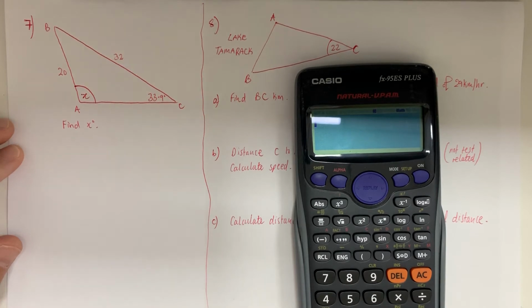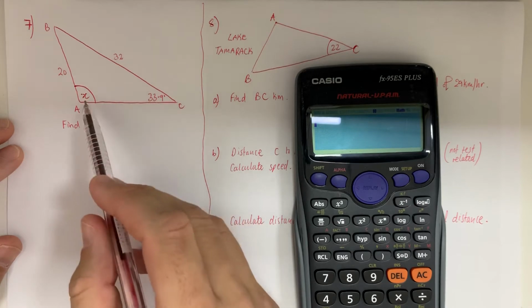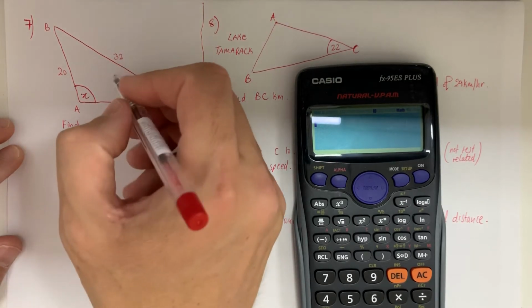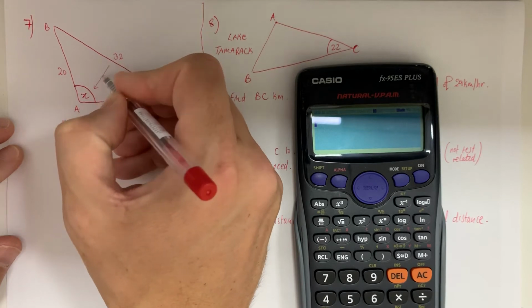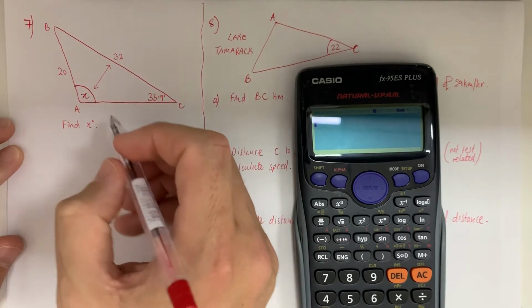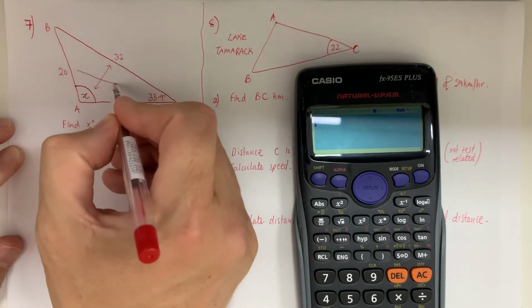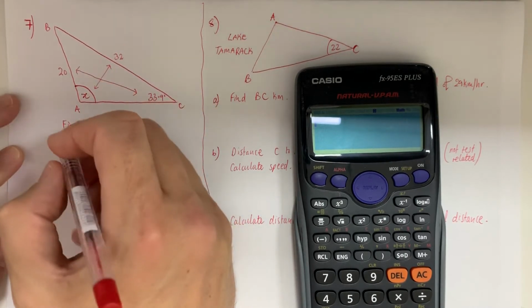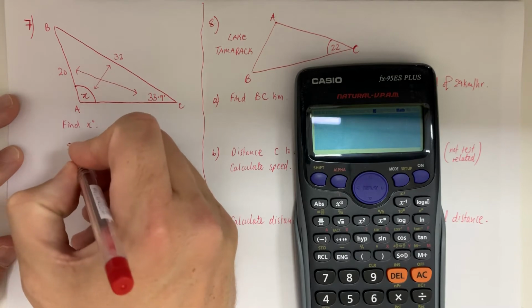It's not to scale, and we've got an angle here, an angle here, and 2 sides that we know. Now what I teach the class is that this side is opposite to this angle, and this side is opposite to this angle. So you should spot that opposites relate to the